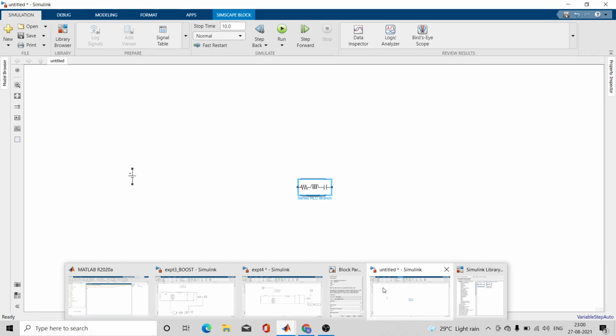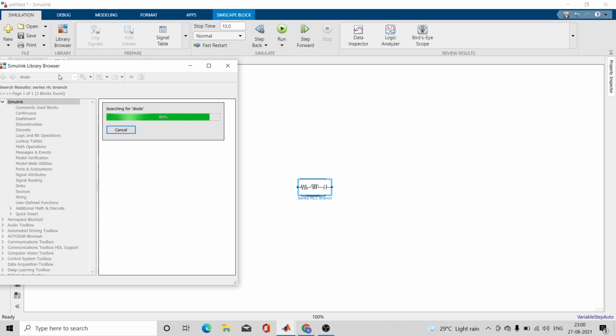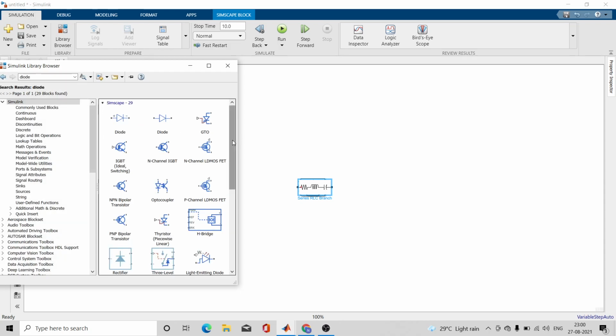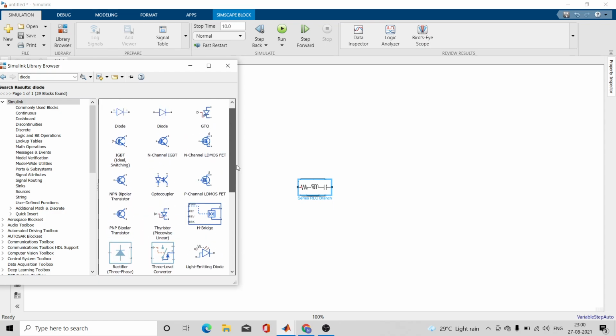I have to take some more components. Then I'll require a diode. I have to take this diode.